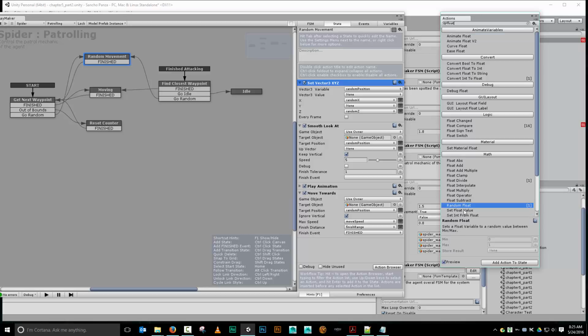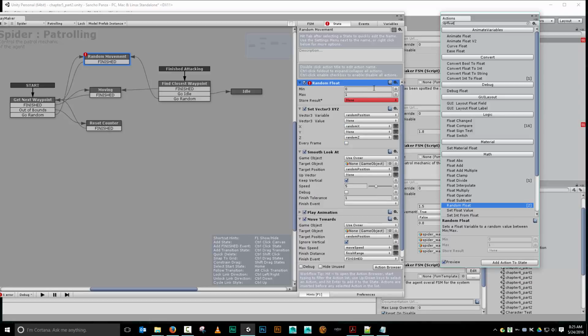Hey, what's this? Sets a float variable to a random value between min and max. Hey, that's what I'm looking for. So I'm going to set this. I'm going to set random x and 0. Okay, yeah, I'll do 0. No, I won't. I am going to do